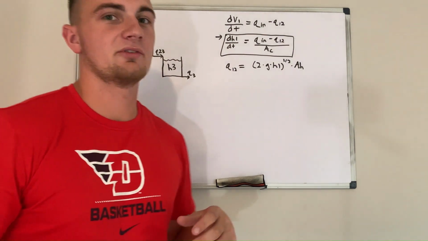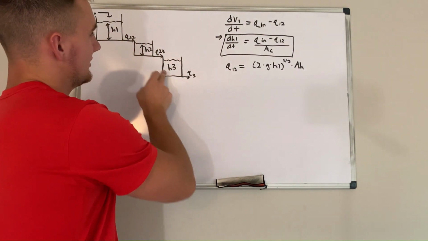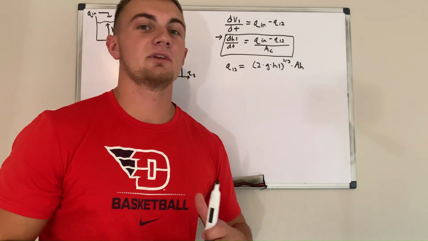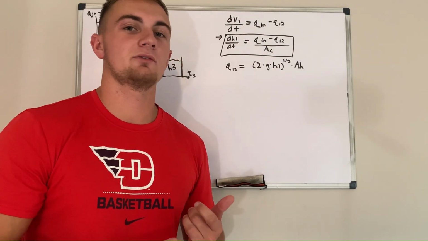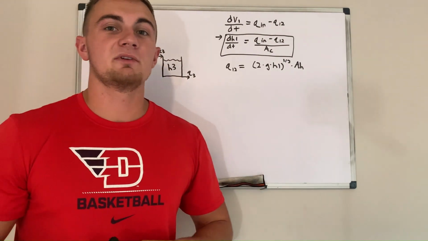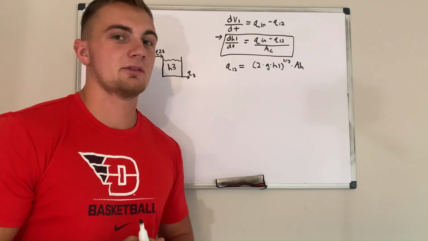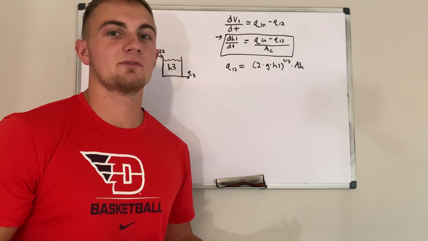And I forgot to say this, but the area of the holes for the flow rates leaving each tank, we're going to say that they're the same for each. So the cross-sectional area of the hole at the bottom of each tank is the same. So what we can do is head on into Python and plug this into our solve IVP,